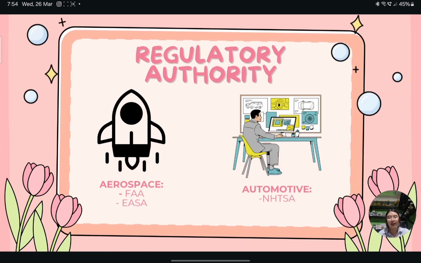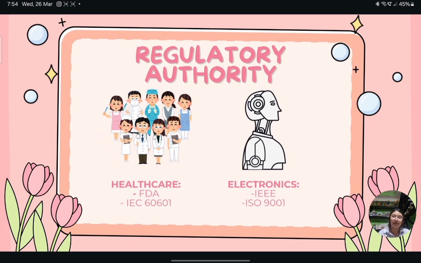So, these are the regulatory authorities. In the aerospace department, we have the FAA or the EASA. In automotive, they have NHTSA. In healthcare, we have the FDA, ISO 60601. So, let's just